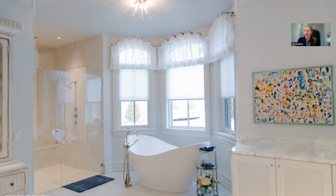I'll also mention lighting within a bathroom and kitchens is typically very, very important. And the lighting technology we have nowadays can actually follow your natural human circadian rhythm, meaning that in the morning, it will start to match what sunrise is. Midday, it'll be a cooler temperature and it'll help you with productivity. And then towards the end of the day, your internal lighting will mirror sunset. And all of that happens naturally and helps support natural biorhythms. So there's a lot of movement within automated lighting control and the systems work we do to design around that because there's a lot of evidence that shows that it helps with a variety of different